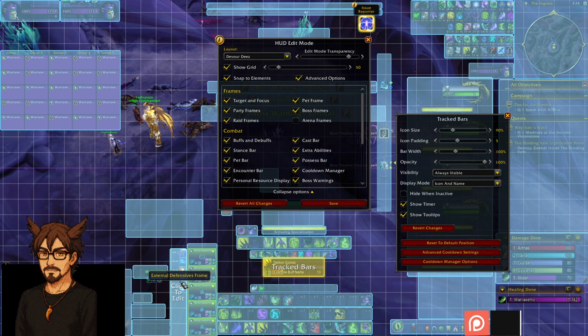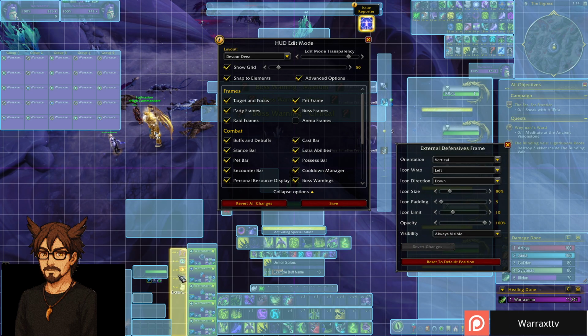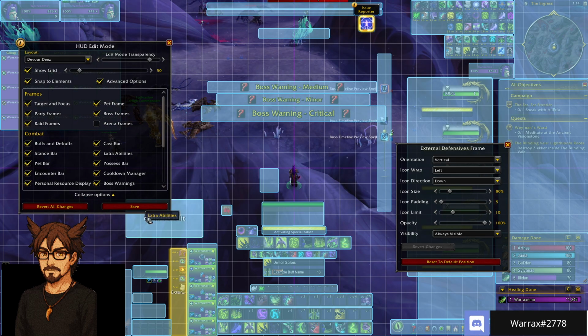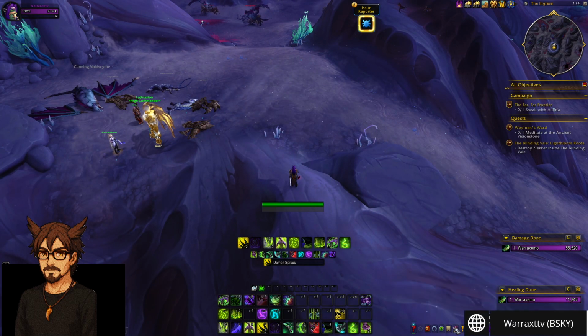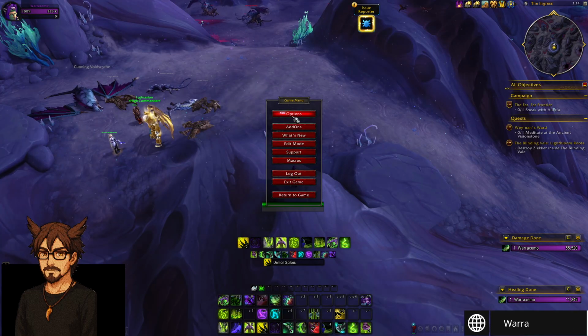I do have external defensive frames here. I haven't tested this a ton, so I'm not going to speak on it a lot. Follower dungeons I've done, and like I said, a couple of normal and heroics. So this timeline, oops, sorry. So the timeline on the